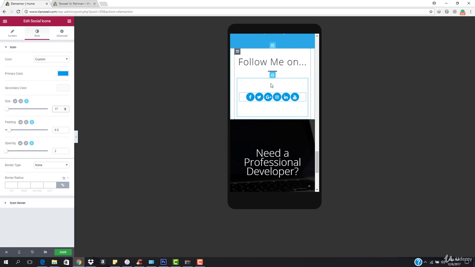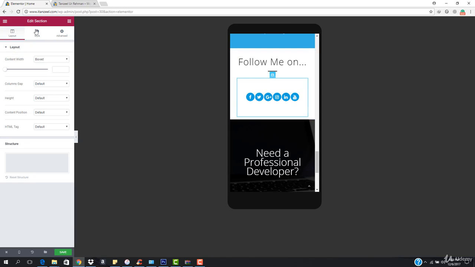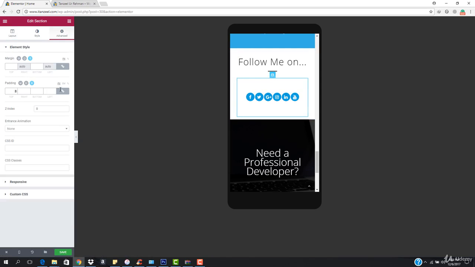Okay, now this looks cool. I also want to decrease some spacing right here. So I want to come here to advanced. Basically, I want to edit this whole section. So I want to come here to advanced and